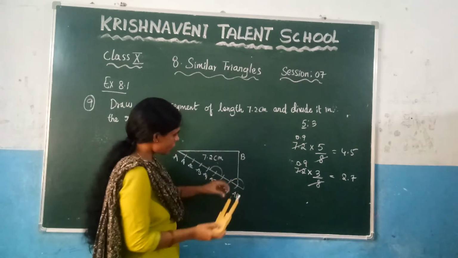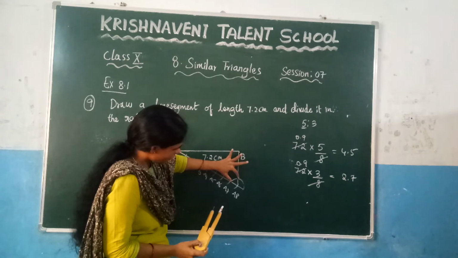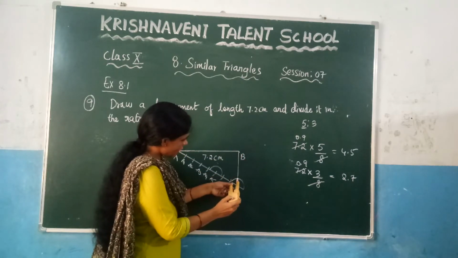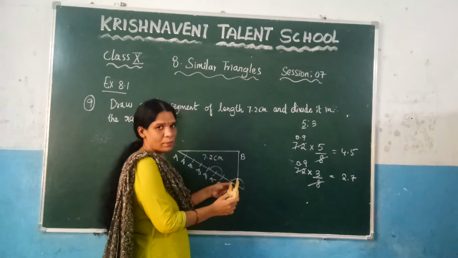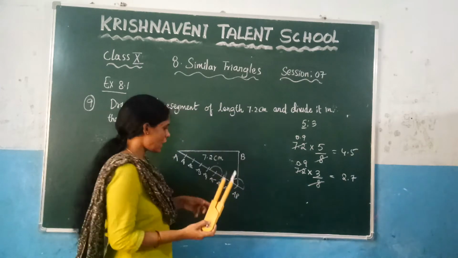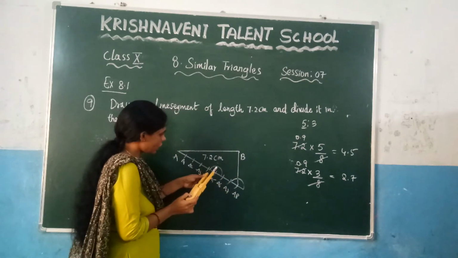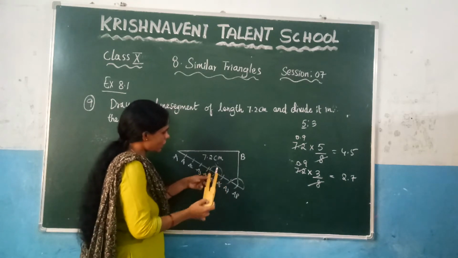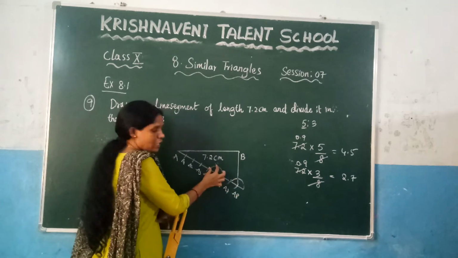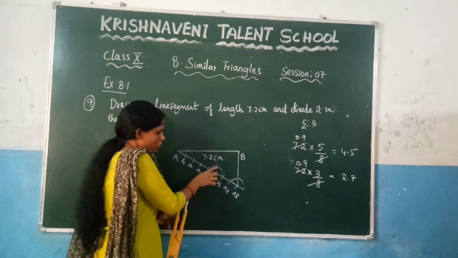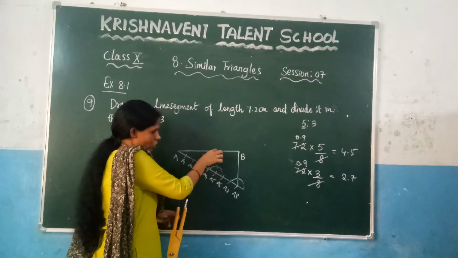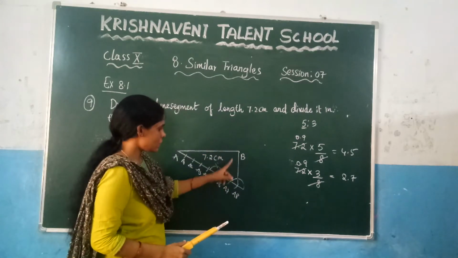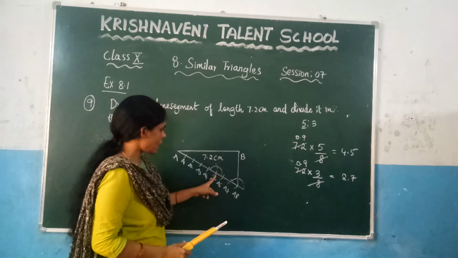You can observe that I am measuring this part. At this line and at this line, keep your compass so that you can measure, and again at this point make one more arc such that this and this are the same. Now here you got one more intersection point and you can join that one, so that you have drawn the parallel line such that A8B is parallel to this line.